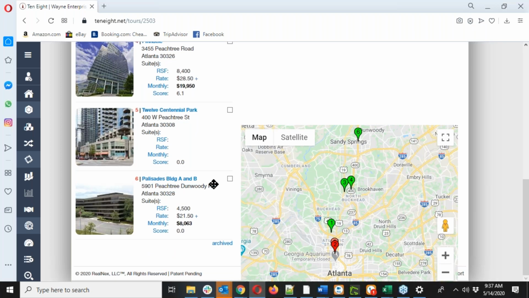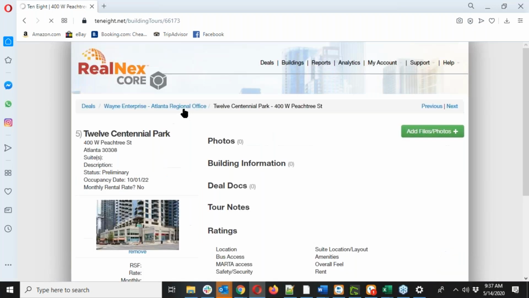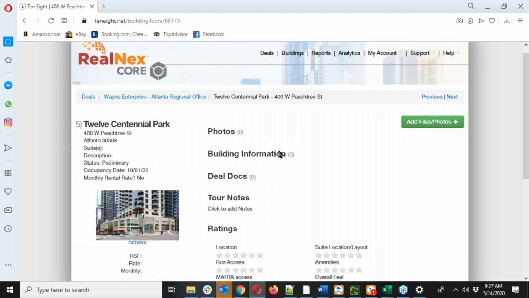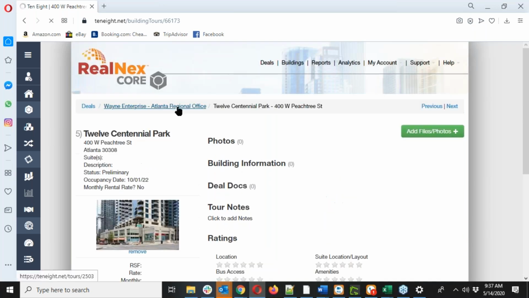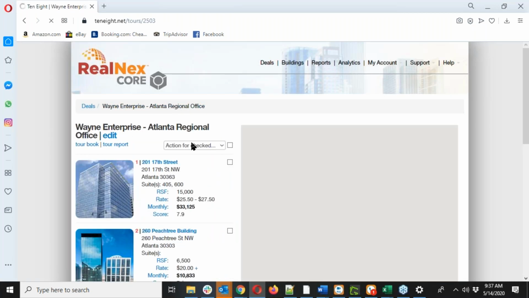on said tour. But then when it comes time to tour, your clients can also still log into this either from their phone or tablets. And there's actually a tour book app that will open the same information and give them access to the same thing you're seeing directly on the website here. So as they're going through and touring 12 Centennial Park, while this information is fresh in their mind, they can give the ratings right then. They can add any notes that they think about right then. So that way, when the tour is over, you can very easily then come in here and